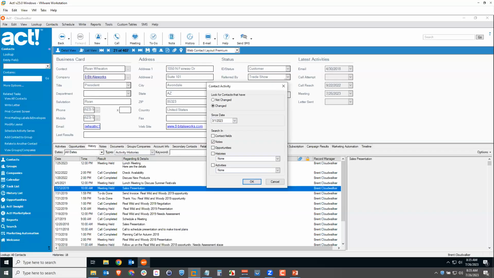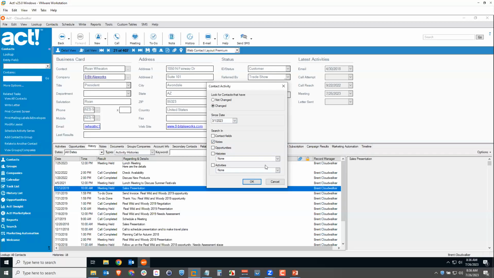Maybe I want to see if a contact has changed or hasn't changed. Maybe I want to look that up. Which contacts have changed within a specific date range? So here I have since maybe March 1st, and I want to look up who has new opportunities, who has new notes or edited notes. I can look up based on histories. Which contacts have I had maybe a meeting scheduled or an email sent or whatever it is. There's lots of different options in here for different types of contact activity that you can use as criteria for lookups. So I'm going to say, just look up notes, any notes that have changed for any of my contacts